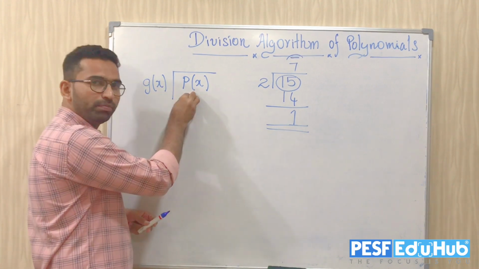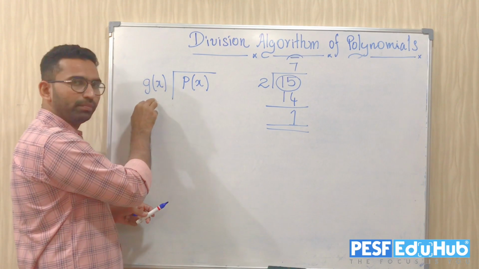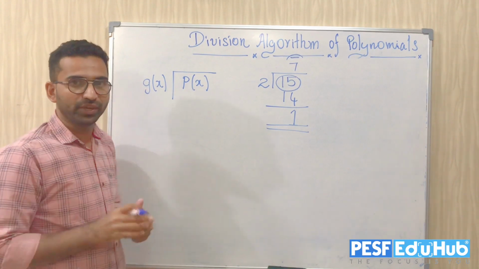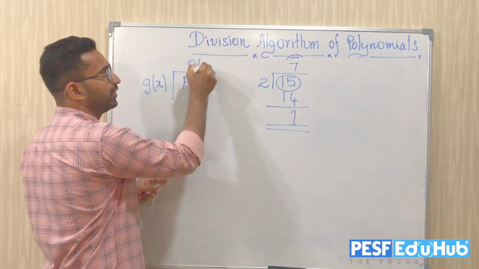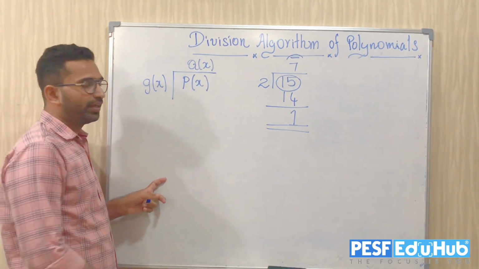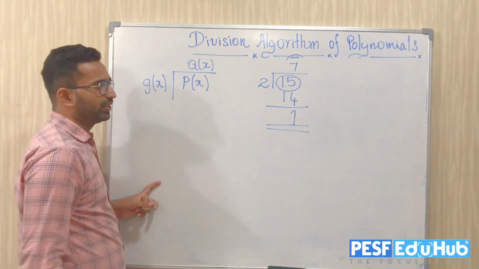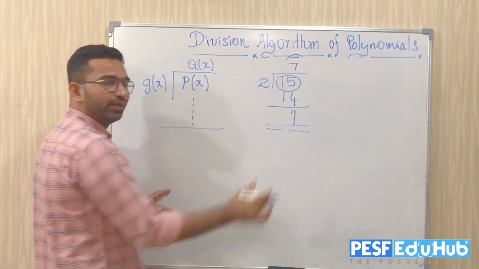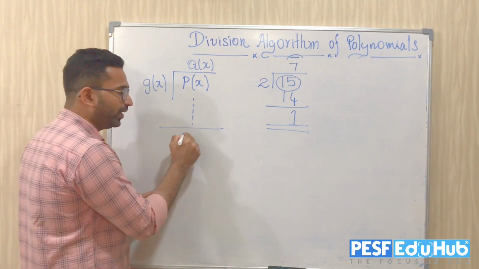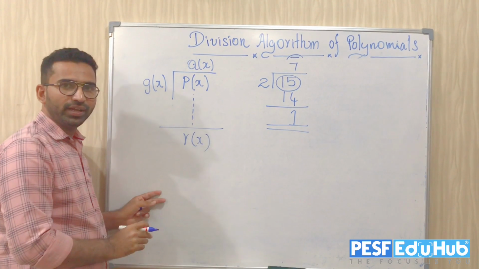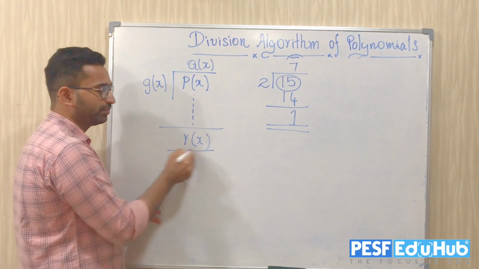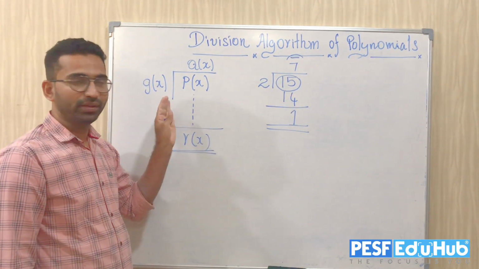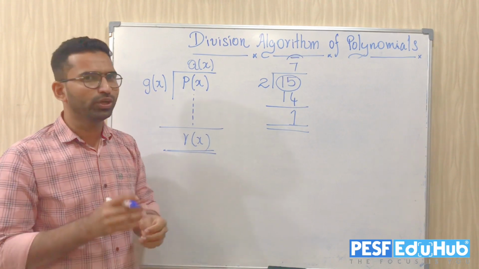So you have been given one polynomial that you have to divide with another polynomial. So finally what will happen? You will get an answer, a quotient, right? That polynomial we call Q of X. After doing all these procedures, which we will learn anyways, sometimes you will get a remainder like this, and that will be again a polynomial, and that we call R of X. This thing we learned in the case of numbers will be extended for the case of polynomials. And we are going to give some names to it.